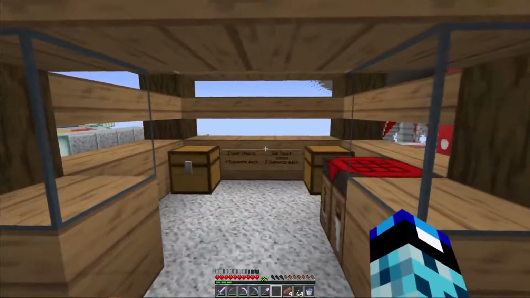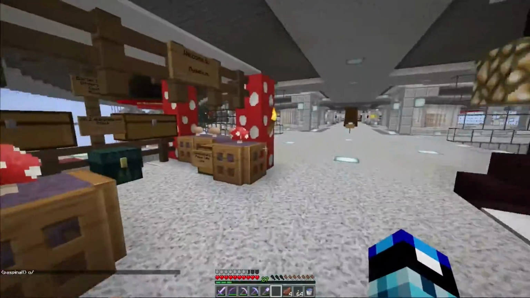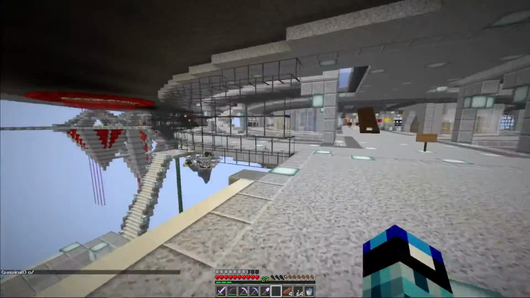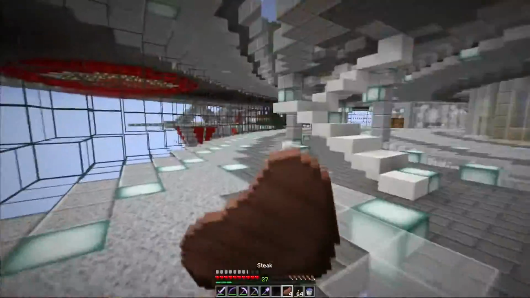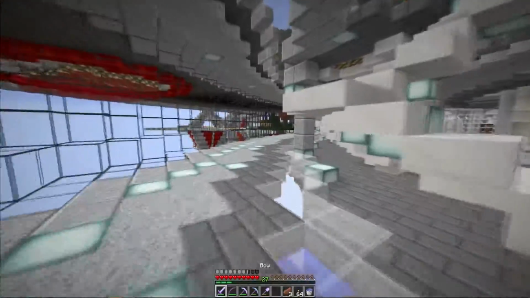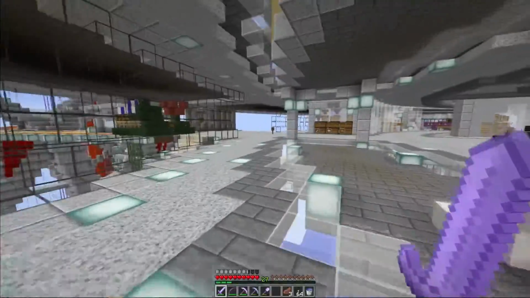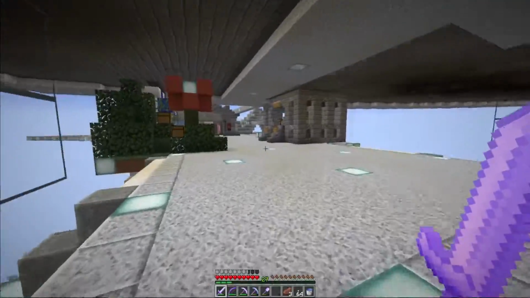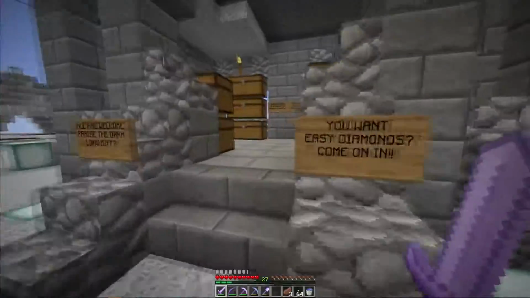Where are the mending books? That's not it. That's the Silk Touch. We got the Silk Touch. Mushroom blocks. I mean, that's kind of cool to have. And yeah, lots of interesting stores around here already, but I actually haven't noticed one that's selling stuff like wood or... Well, actually, I did notice one that's selling wood along with a lot of other stuff, but...